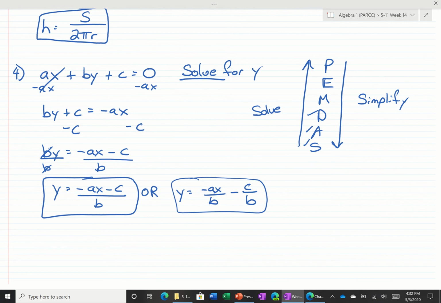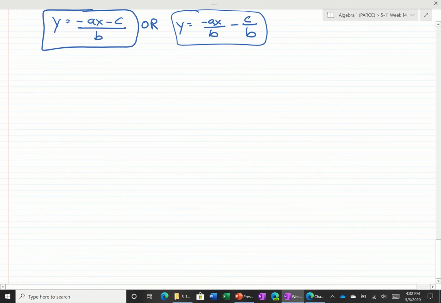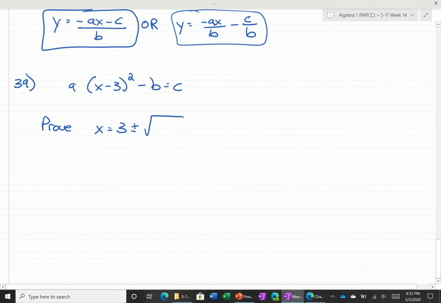Continuing on with this packet, looks like number 39 is our next problem. And for problem number 39, it says that a is a non-zero real number, and a times (x minus 3) to the second minus b is equal to c. It's asking us for this first part, prove that x is equal to 3 plus or minus the square root